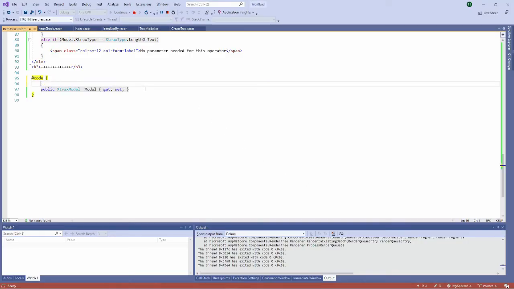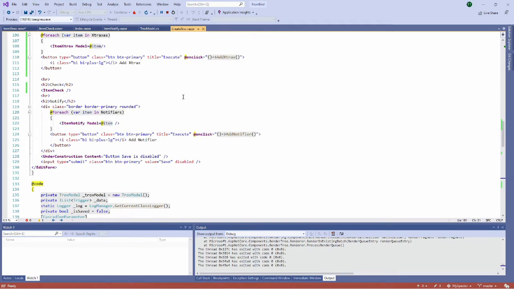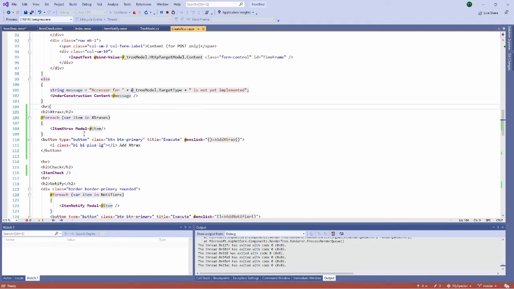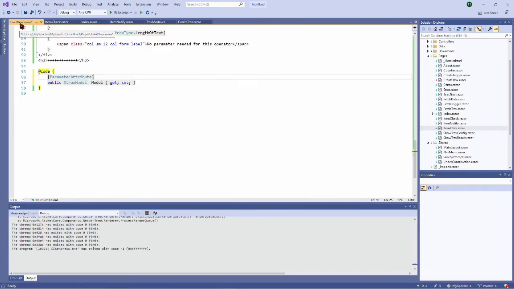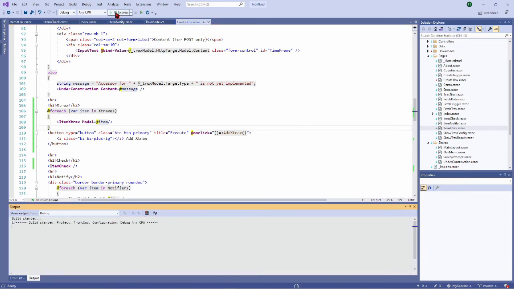Why is it saying this? It's saying because when you want to put some parameters inside a property, so here I want to use a property and set it, the parameter name should be decorated by the parameter attribute. So now that the public property model is decorated with the parameter attribute, it can be accessed by the parent element which is using it. So now I have done it. I rebuild again.